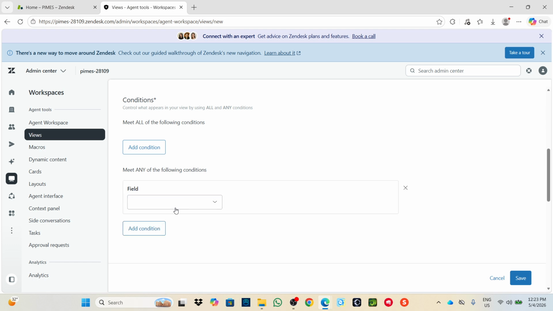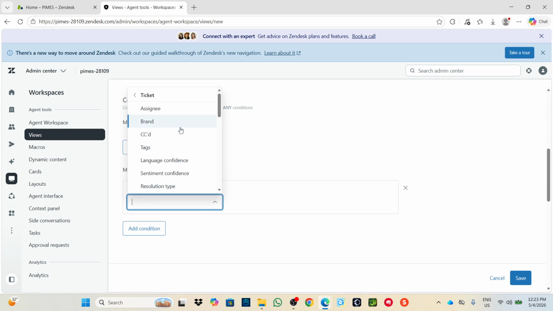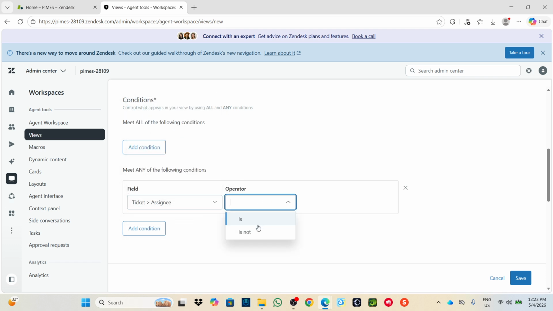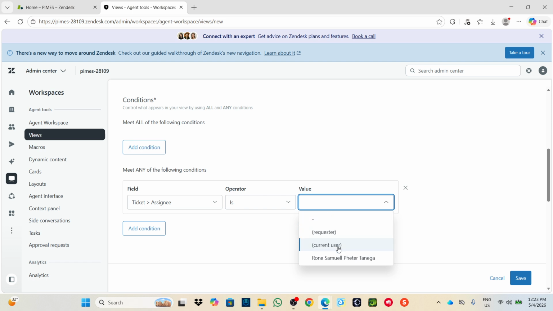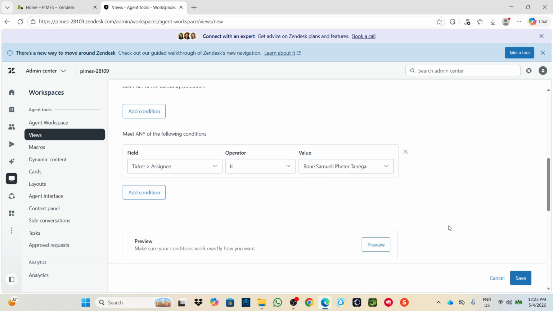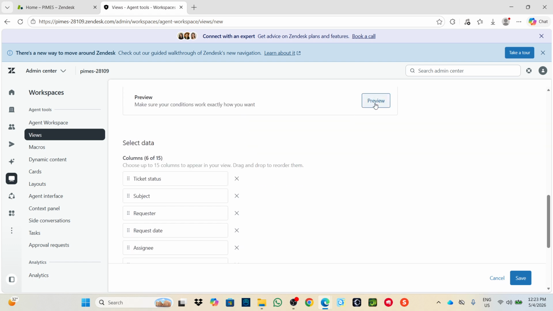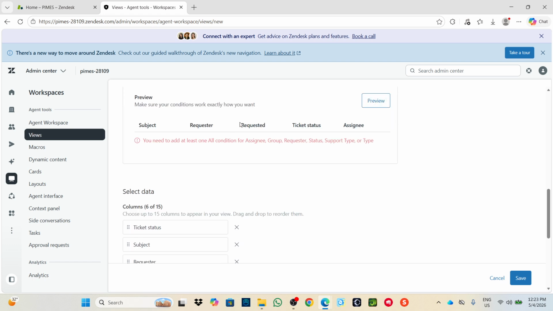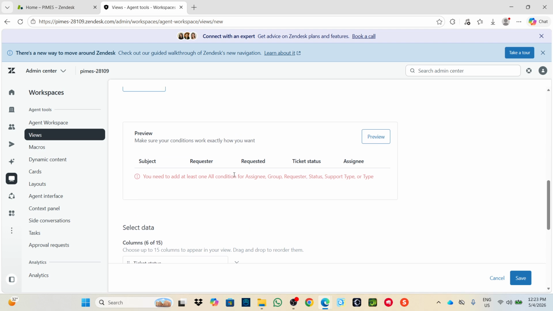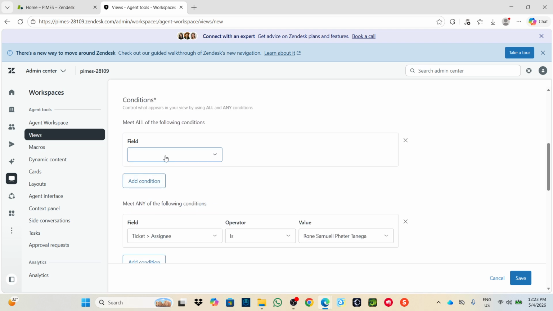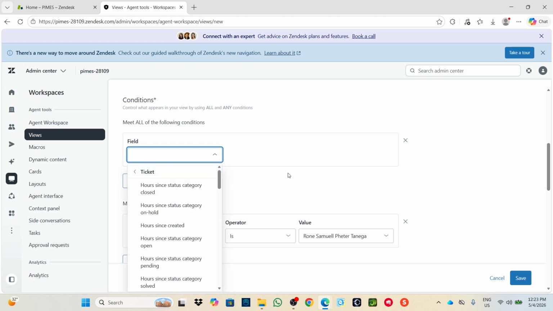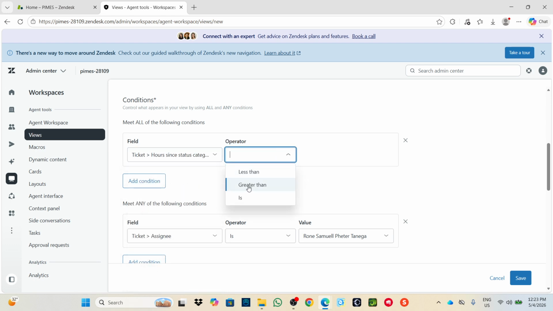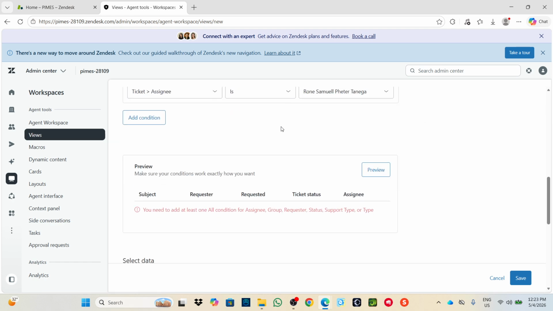So let's add right here, choose the field, the operator, then of course you can preview it. Let's add also in the meet all of the conditions. And then